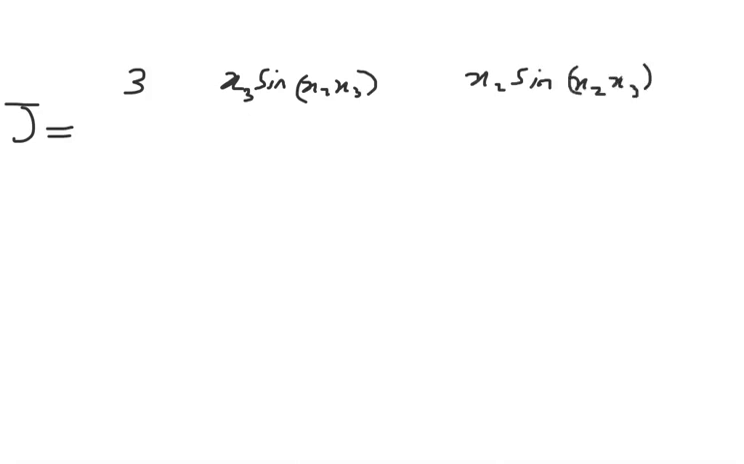So J in this case will be equal to 3. Then the next value will be x3 sine x2 x3. And then lastly, I'll have x2 sine x2 x3, right? And then I'll move on to